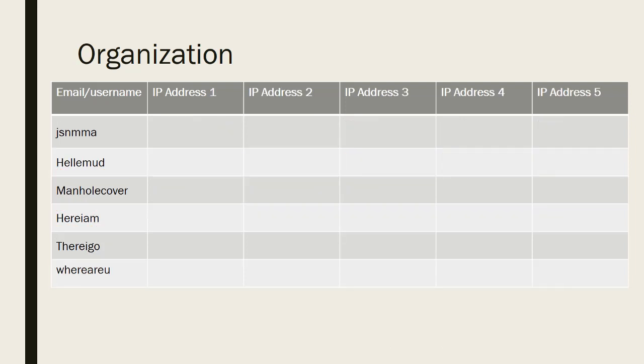I'm looking at a spreadsheet like this where we have, let's say, usernames or email accounts, and a string of IP addresses, and I just named them 1, 2, 3, 4, 5, and so forth. Let's take another example of using a spreadsheet for organization. This one has usernames or email accounts associated with IP addresses, and you simply put an X where a username matches the IP address. Again, this is a simple sheet, but if you have hundreds of emails, different user accounts, and hundreds of IP addresses, this is an easy way to sort through and see who's connected.